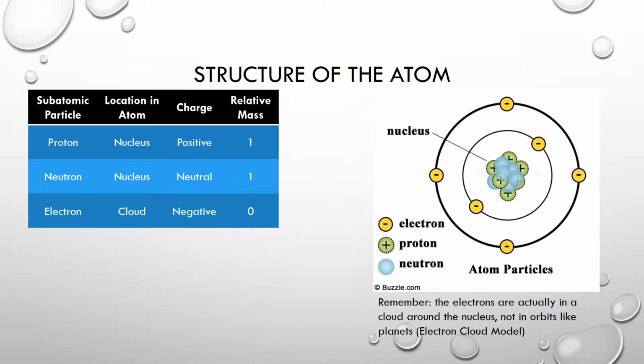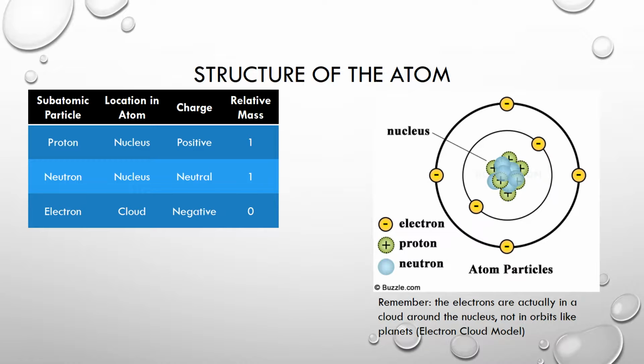surrounding the nucleus. Remember, when you're looking at this image, that this is just a gross representation of the atom. The electrons are actually flying around in a cloud where you can't predict exactly where each one is at any given point in time. So as a reminder, protons are positive, neutrons are neutral, which means they have no charge,